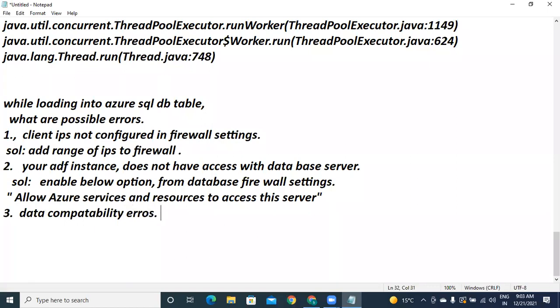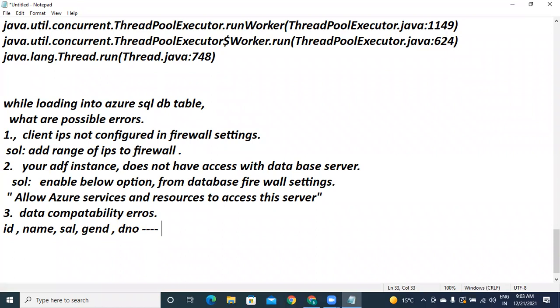What is the meaning of data compatibility errors? For example, the columns are ID, name, salary, gender, department number. Please watch the board. These are the columns from the file.